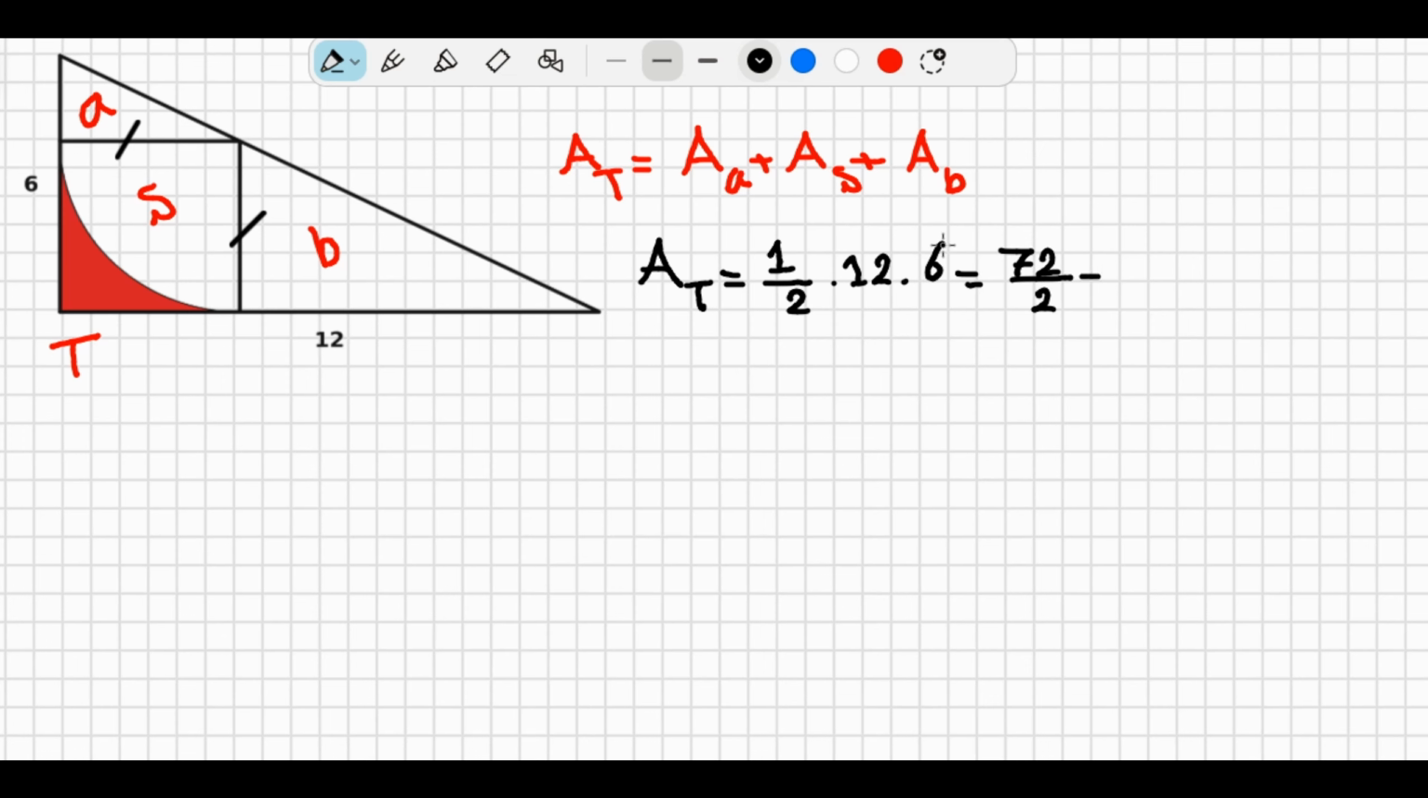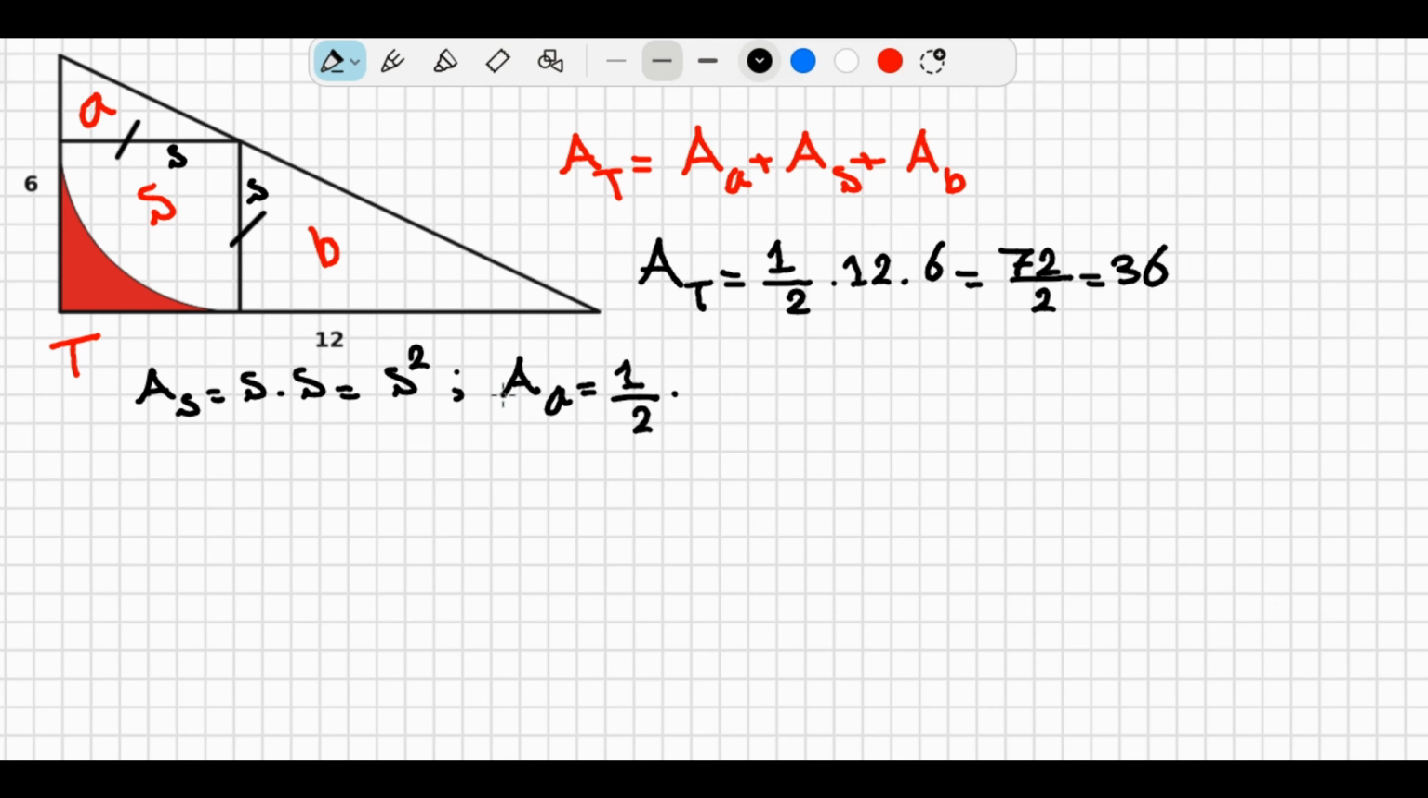72 over 2 equals 36. We know that A sub S, that is the area of this square, equals this side here, that I want to call S, times this side here S, that will be S squared. Okay, A sub A, that means the area of this triangle up here, is equal to